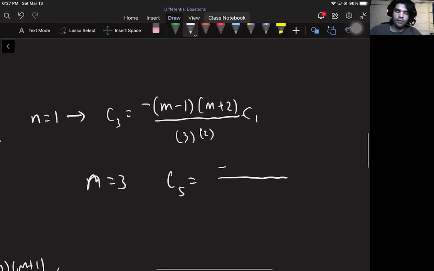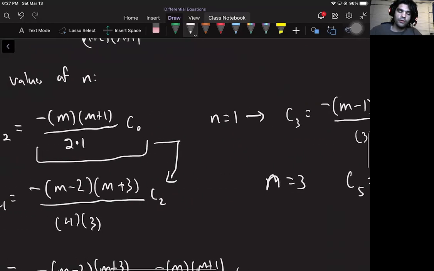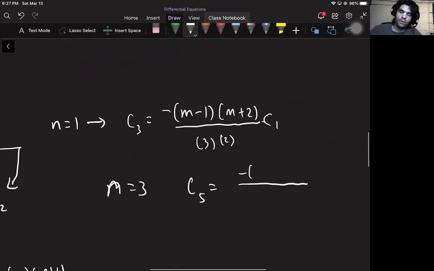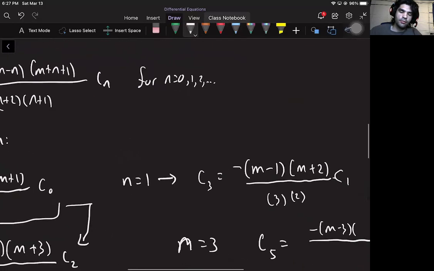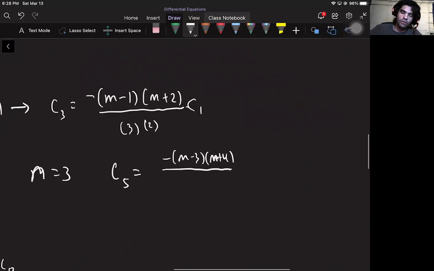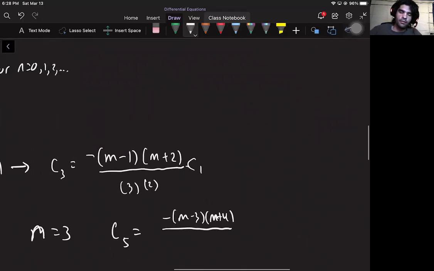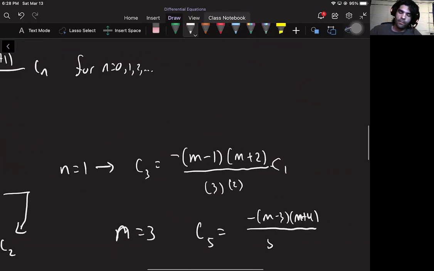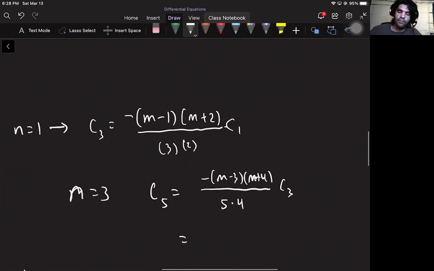So negative, of course, I can't remember it very well, m minus 3 and m plus 4 divided by, what's 3 plus 2, 5, times 3 plus 1 is 4, C previous one, and then I replace C3 with all this stuff,